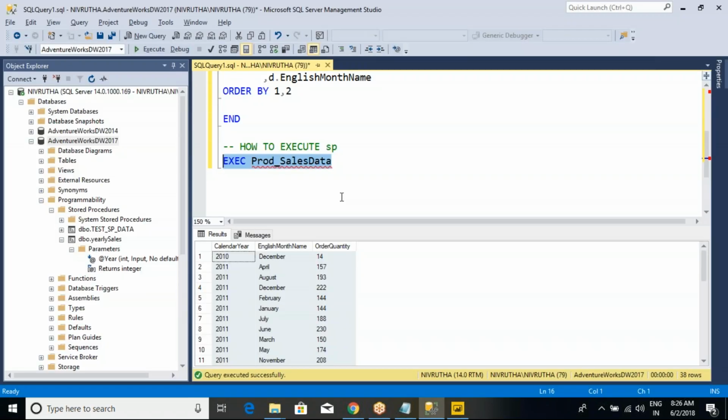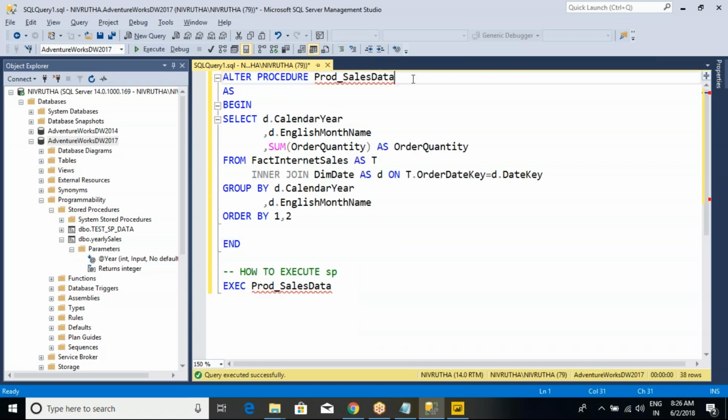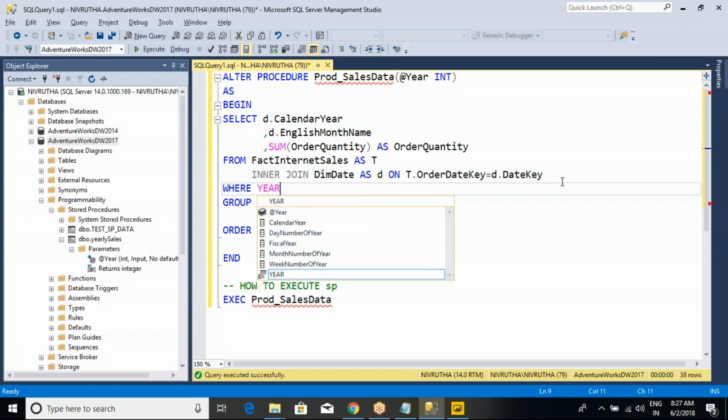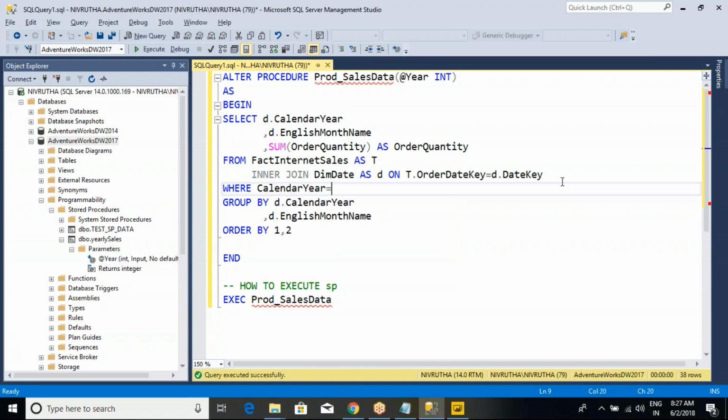The parameters, I will showcase in the SQL Server. I mean, I'm showing you an existing concept. Now we need to define the parameter, at the rate year, and what kind of value are you passing, an integer value, right? So now listen carefully. We need to pass a where condition. Usually where calendar year, where is the calendar year? If you say 2011,